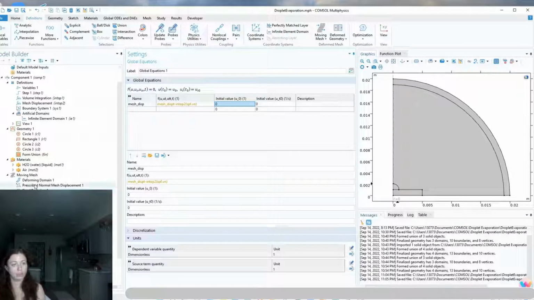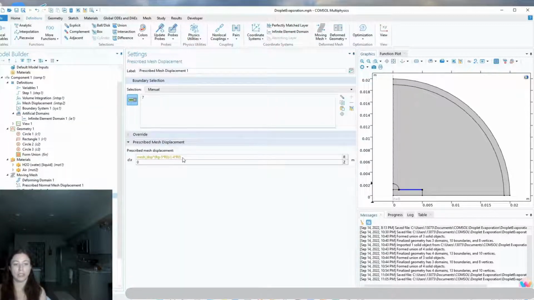So let's go back to the moving mesh prescribed mesh displacement. So finding the solution where the first derivative of this function with respect to time minus intop2 of the normal velocity vector of the droplet is 0, that function times Rg minus 5 times the water droplet, R0, over -4 times R0. So Rg, let's go back to our